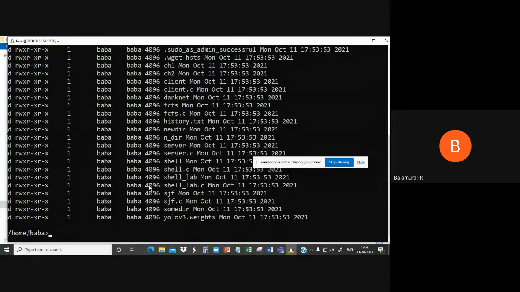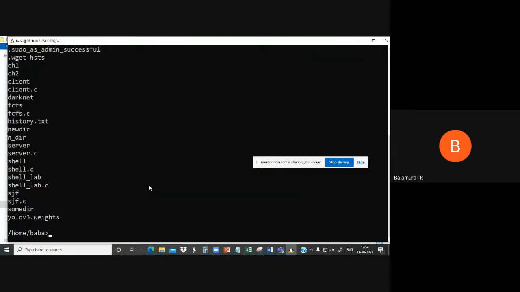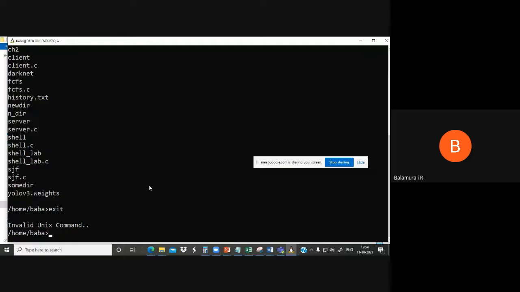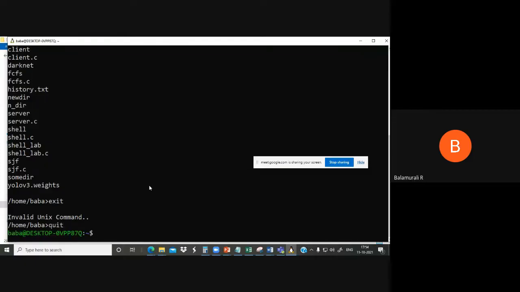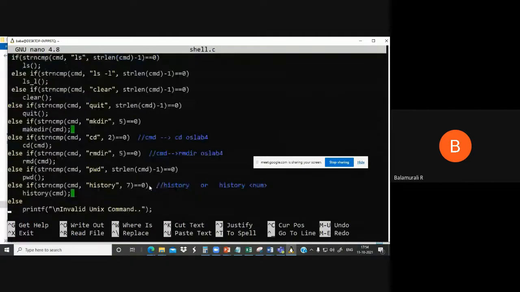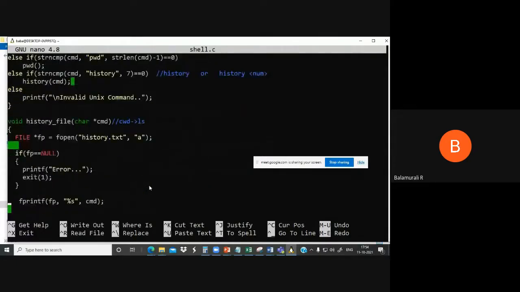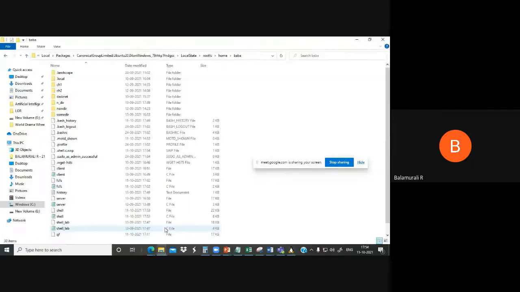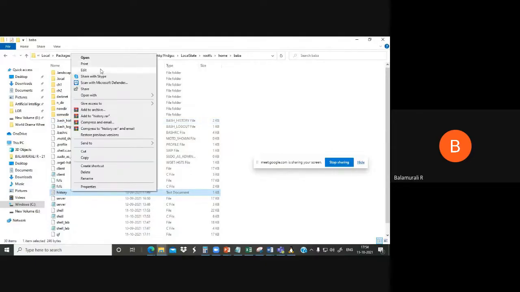Okay, it's coming. So there is something I have to check. Maybe that file is not here. It may be something like that. Yeah, it contains the file history.